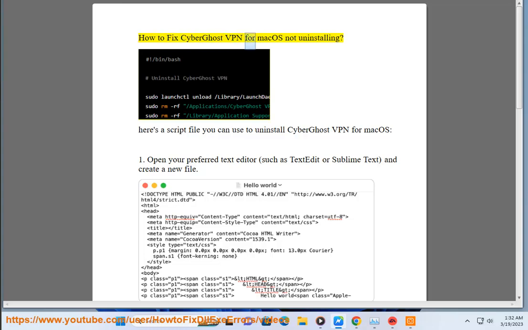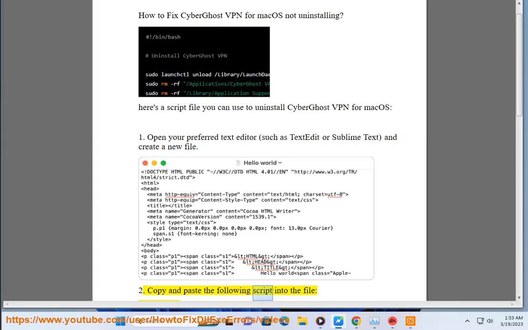How to fix CyberGhost VPN for macOS not uninstalling. Here's a script file you can use to uninstall CyberGhost VPN for macOS. 1. Open your preferred text editor, such as TextEdit or Sublime Text, and create a new file. 2. Copy and paste the following script into the file,